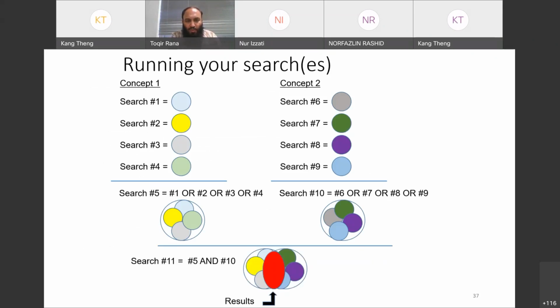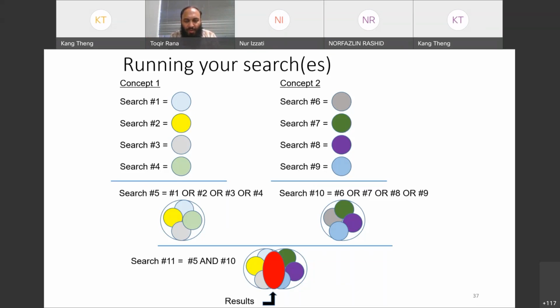For example, if I talk about my experience, when I was working, I searched for sentiment analysis. That was my concept one, and there are different synonyms for that: opinion mining, text mining, etc. So that was my search one, search two, search three, search four. Then my second concept was aspect extraction, that was my search number 6. Then opinion extraction, search number 7, opinion target extraction. Then the next concept, the synonyms of the same keyword. So concept 1 and its synonyms, then concept 2 and its synonyms. So I have to search